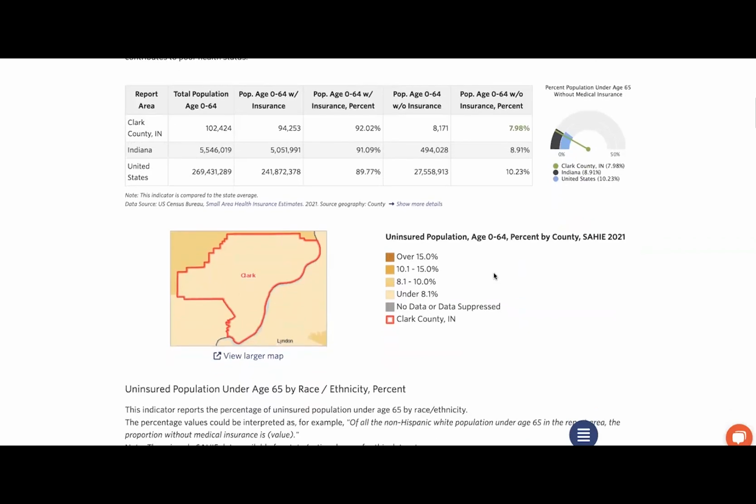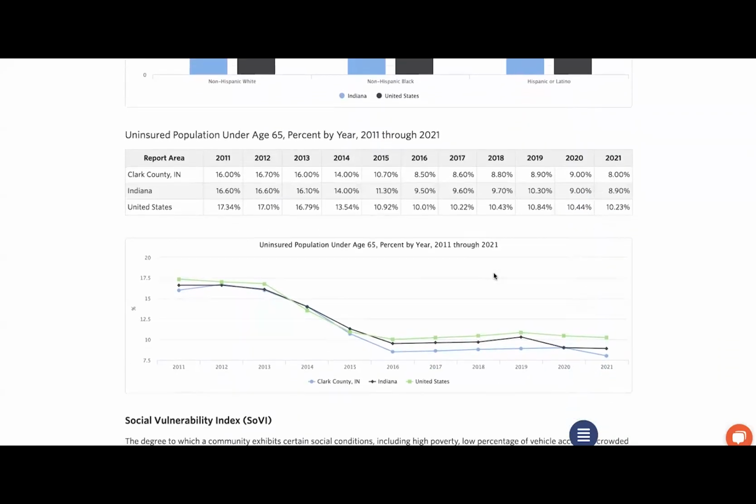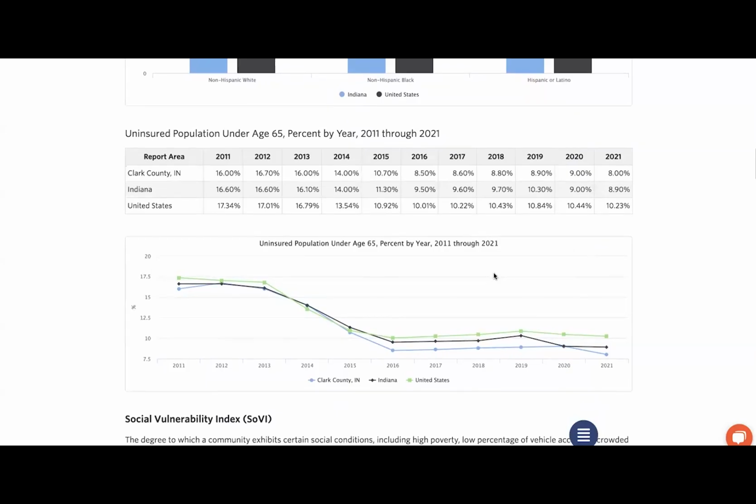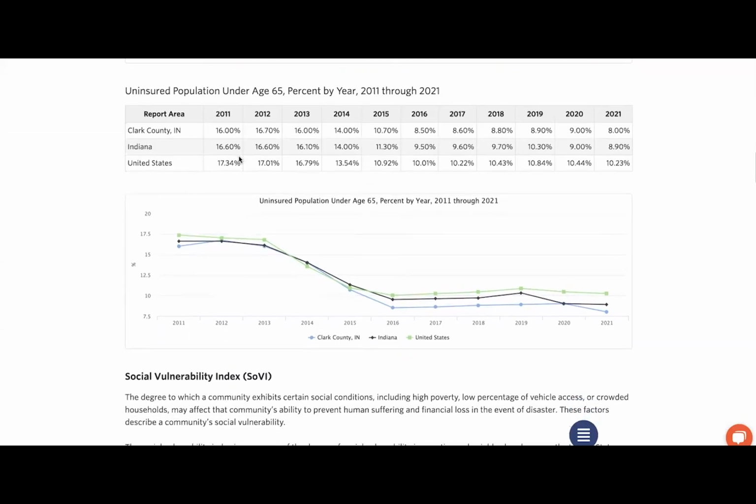If we scroll down further, we can see the year-by-year breakdown of total percentage of uninsured people under the age of 65 in Clark County since 2011. Based off of this data, it's unlikely that the uninsured population is leading to the low health opportunity score.